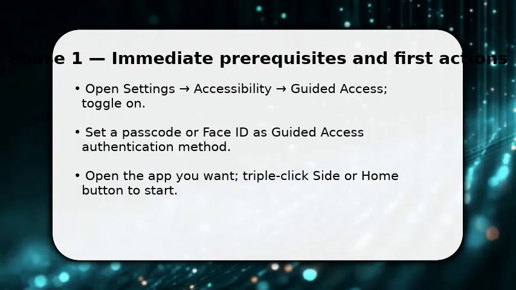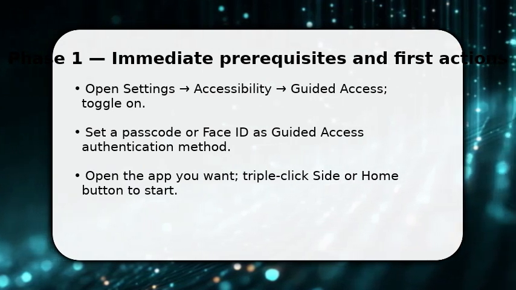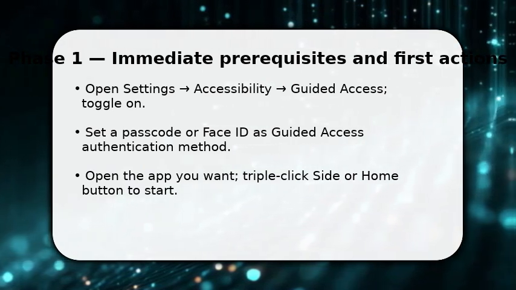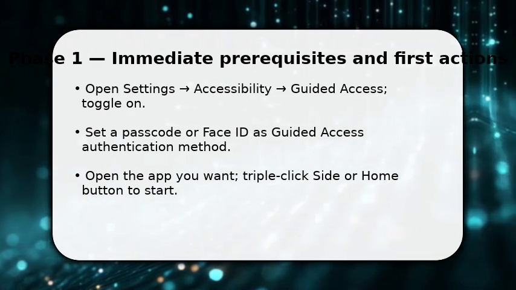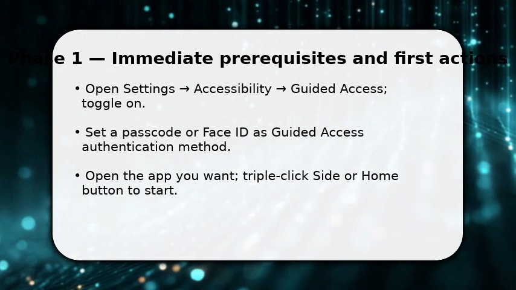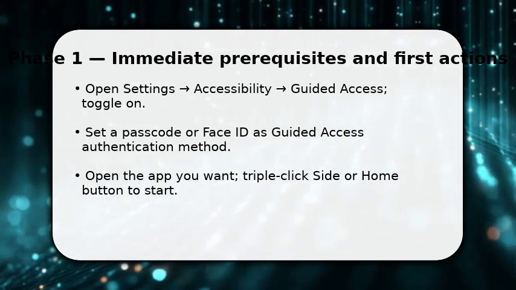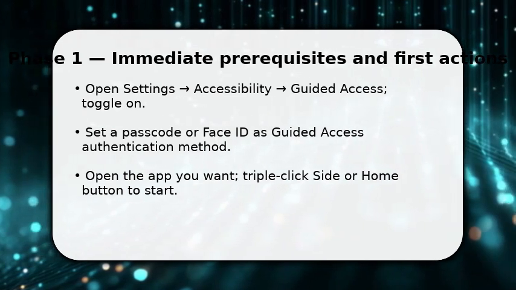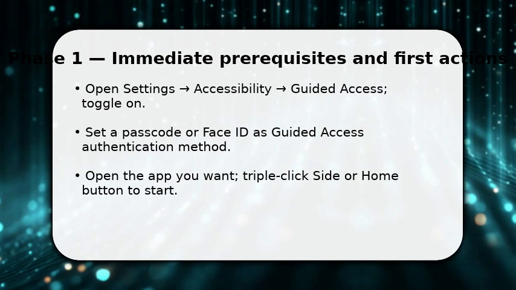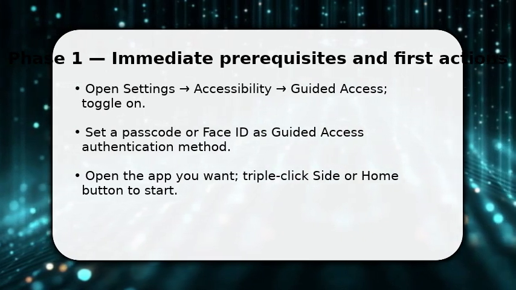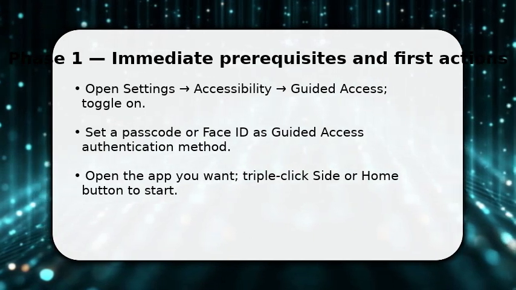You'll start inside Settings, enable Guided Access under Accessibility, then choose a passcode and allow Face ID as the authentication. Once enabled, open the app you plan to lock down and triple-click the side or home button to enter Guided Access immediately. Make sure to set session options now, touch, motion, and time limits, because these choices determine what Face ID can override later. Do this first so the device knows to accept your face as the way to end